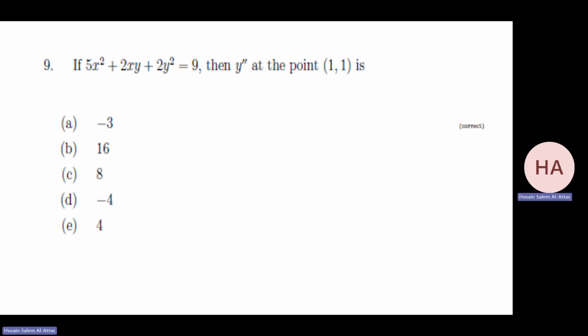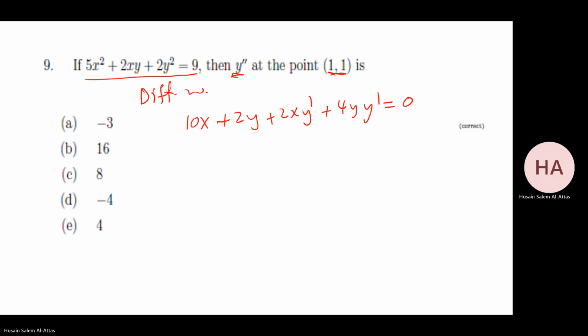If this, I need to find y double prime at this point. So differentiate with respect to x, what you will get: 10x plus 2y plus 2xy' plus 4yy' equals 0. Differentiate again with respect to x. As I said, we should always write it, but sometimes we go quickly. 10 plus 2y'